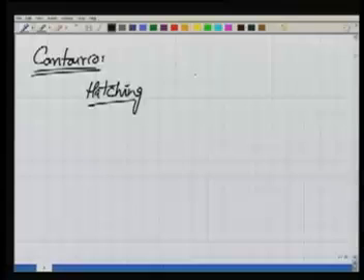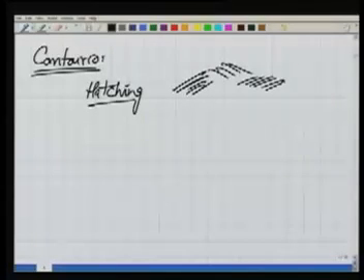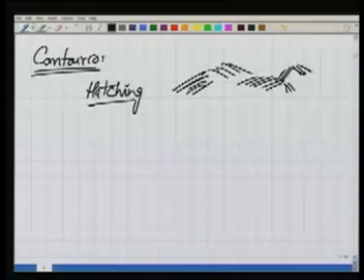What we can do, we can create the hatching. You might have seen some maps where by hatching the elevations are shown. This is a rough means, but still it gives an idea of the topography. Generally this is done if the map is a very small scale map. Or we can have